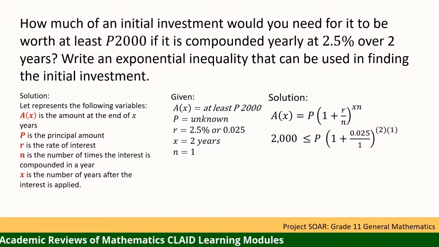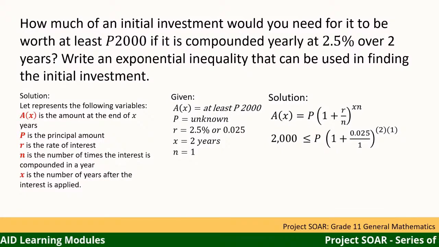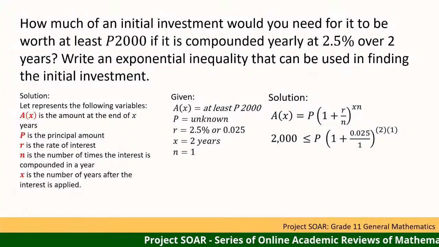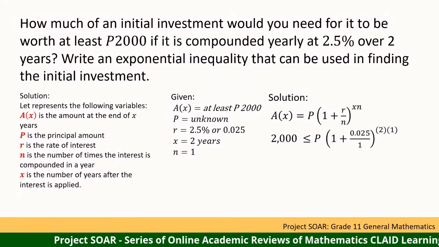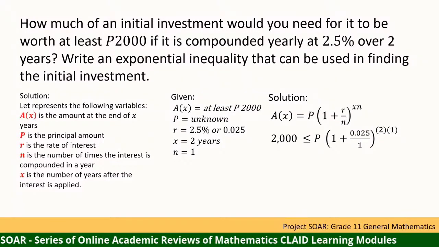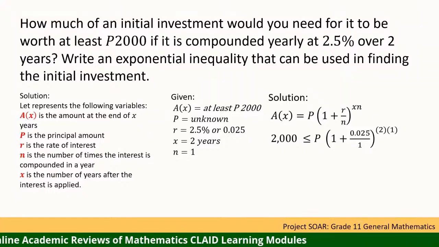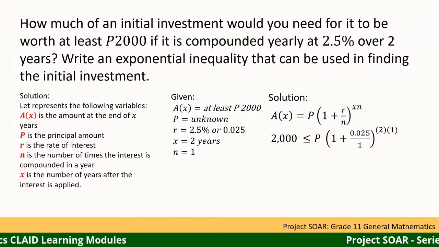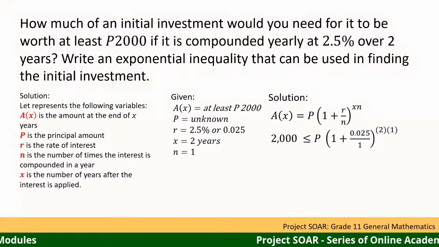Why? Because of the word at least 2,000 pesos. Okay, so we have 2,000 that indicates A of X, the principal, times 1 plus 0.025 all over 1, raised to